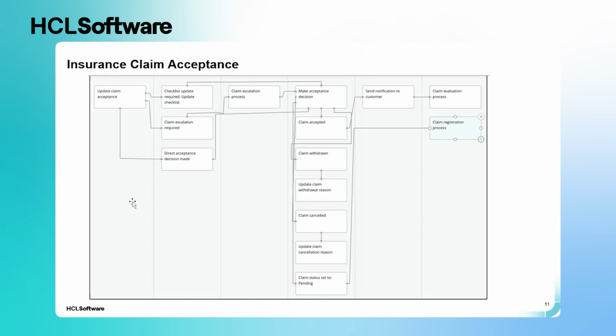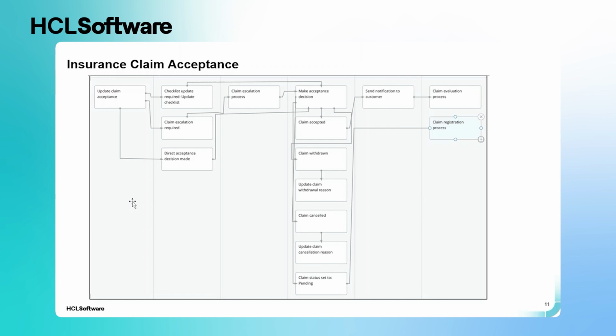Today we are looking at an insurance domain use case, specifically the insurance claim acceptance process. This is the overall view of the process as it is seen. One of the first steps of the process is to check on the checklist